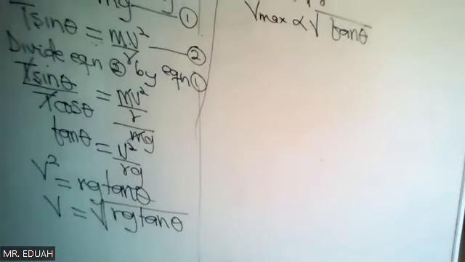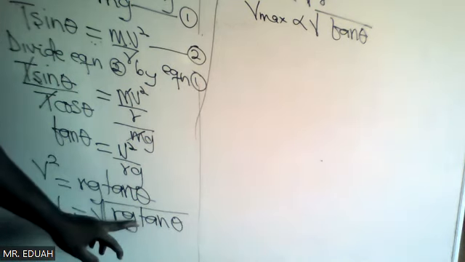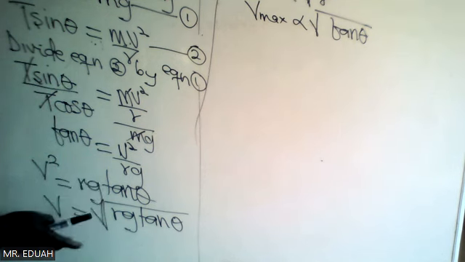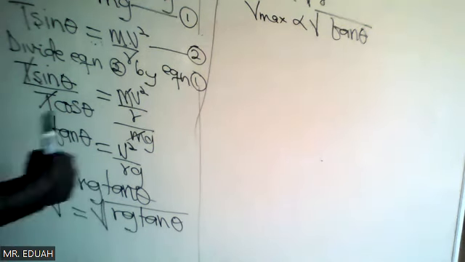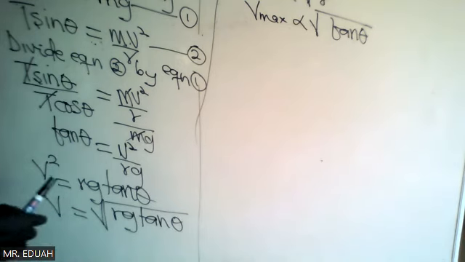Making v the subject gave us this equation, that v is equal to the square root of rg times the tangent of the angle theta. Are you okay with this? Now, this equation is what we are calling the maximum speed that can be obtained by